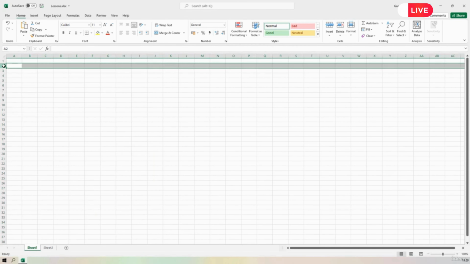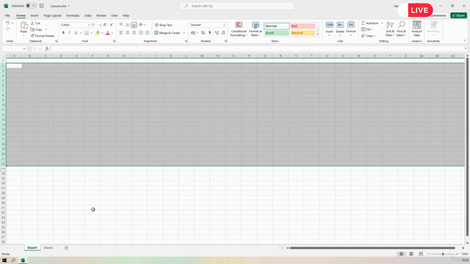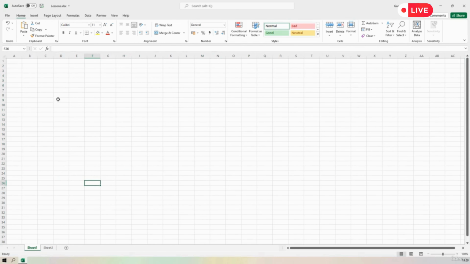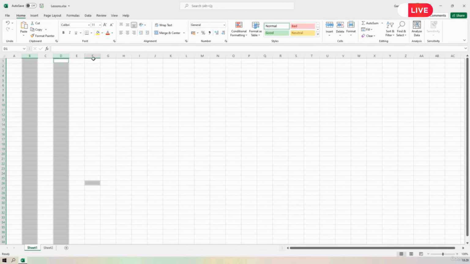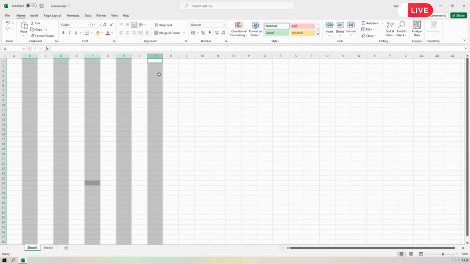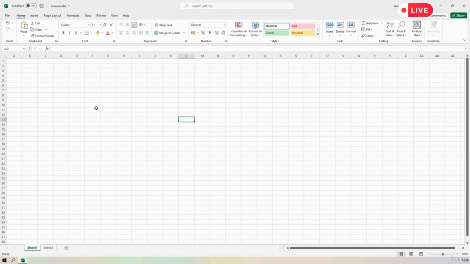I can hold Shift and do entire rows. Or I can hold down the CTRL key and select just the cells I'm interested in. And obviously if I click on the cell, hold down Shift and then click down here, it will do the same thing. So holding down Shift,